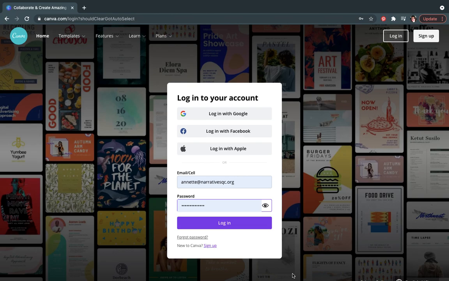I am not an expert, I am self-taught, but I've used this now for 2 years with my current job, and in particular the last year where I've been learning how and doing our social media for our church and for another organization. So Canva, you just go to canva.com, you log in with your email and password, and